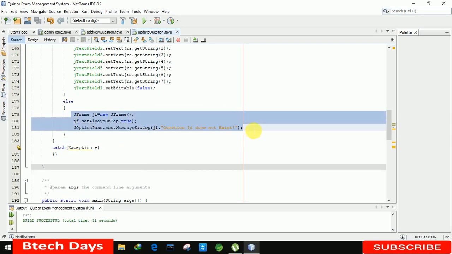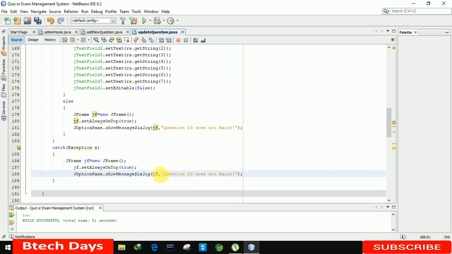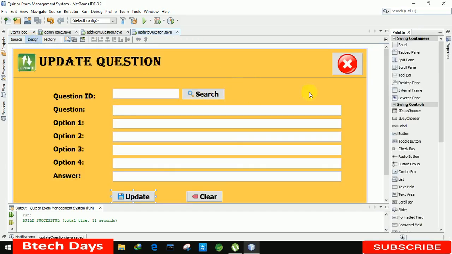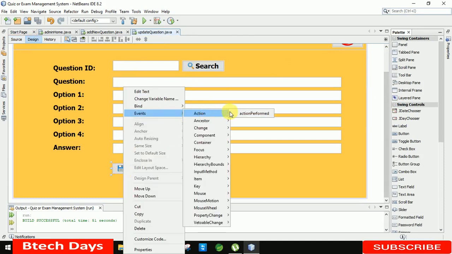Okay, and in the catch section we are also going to copy this same code and paste it here in the catch block, and here I just need to change it to display the error, whatever we are getting. So I'm just writing E. Okay, you can see the search button has been completed. Now we have to write the code for the update. So I'm moving to the event action performed,